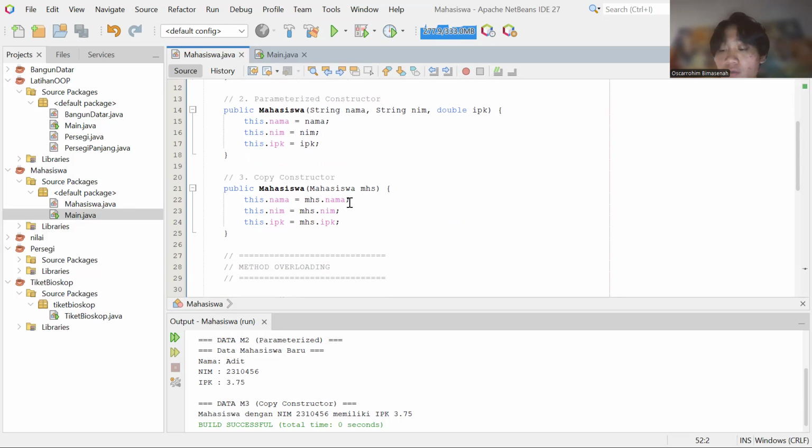This constructor copies data from an existing student object. It is useful when the system needs to duplicate an object without retyping the data. The use of these three constructors shows how Java supports flexible object initialization depending on user needs.